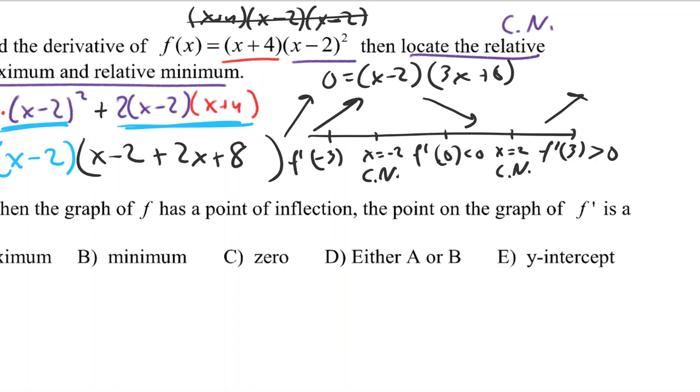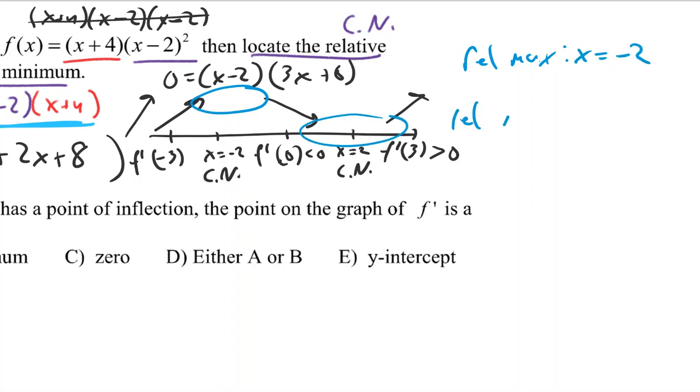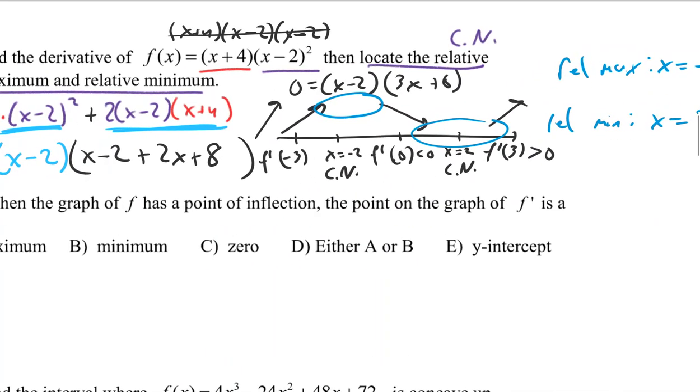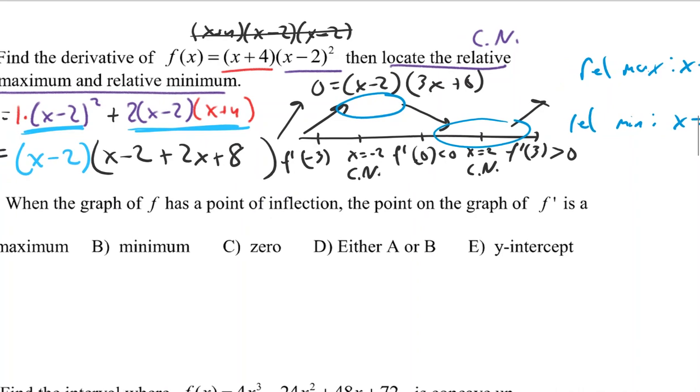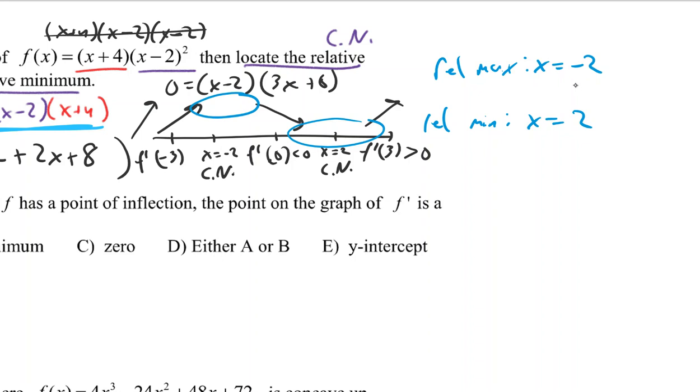That line chart helps me see my answers pretty clearly. It looks like there's a relative max at x equals negative 2 and a relative min at x equals positive 2. Now I don't like the vagueness of this. When it says locate them, to me this is probably good enough, saying where the x values are. But if this was a multiple choice question and the choices were points instead,